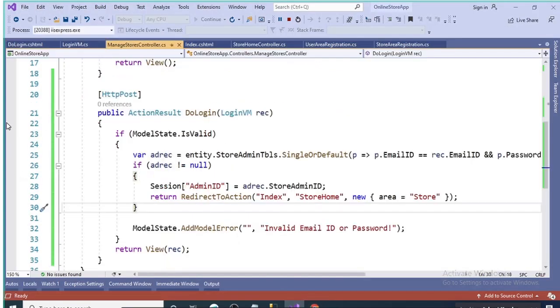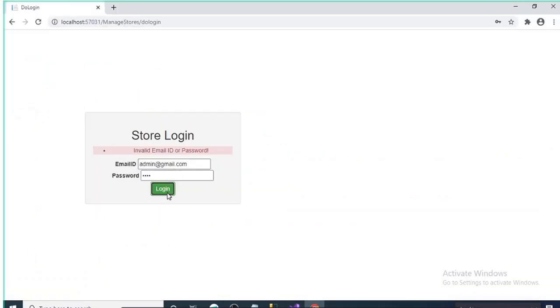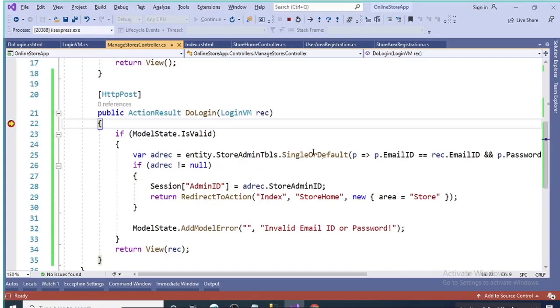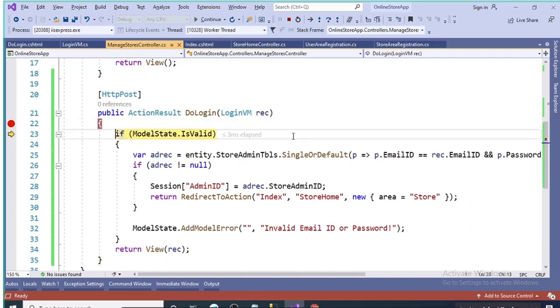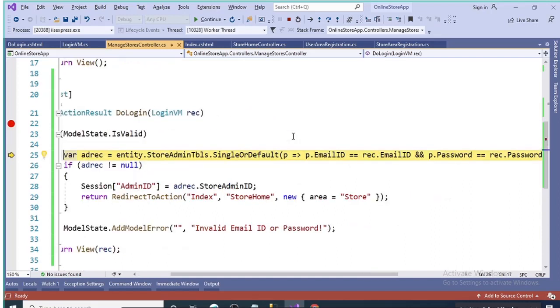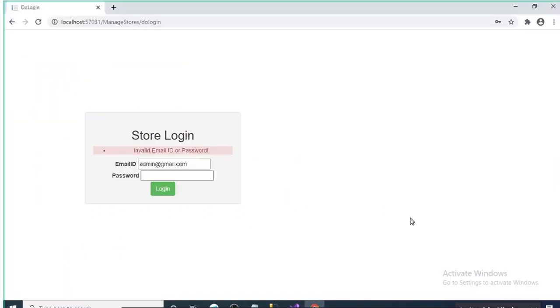Let me put the breakpoint here. And if I say this, so where it will go? So it will go to here and it will check whether the user is logged in or not. So it will try to find the user using that user ID and password. If user found, it will set the session name this, and if not found, it will say invalid email ID or password. So it's saying invalid email ID or password because there is no user right now in